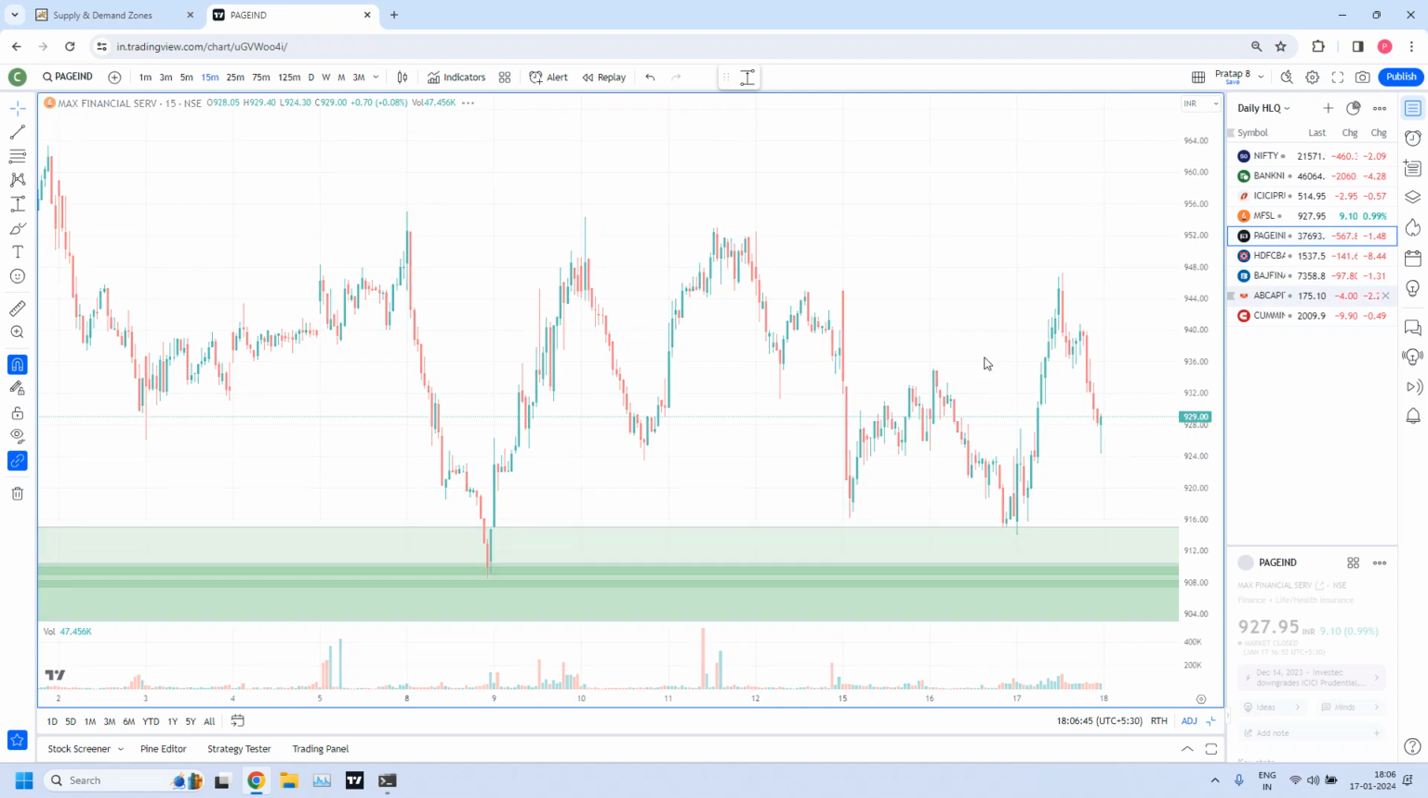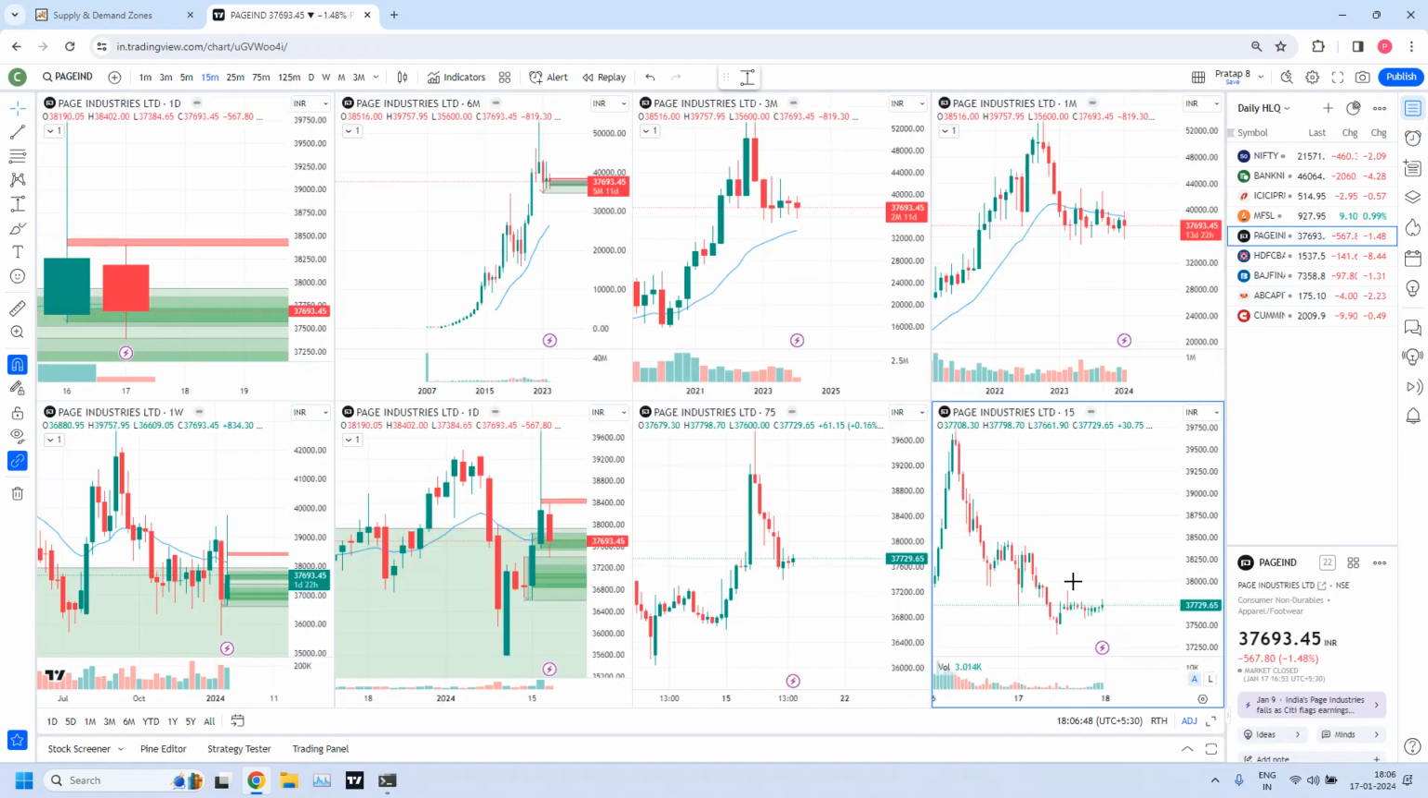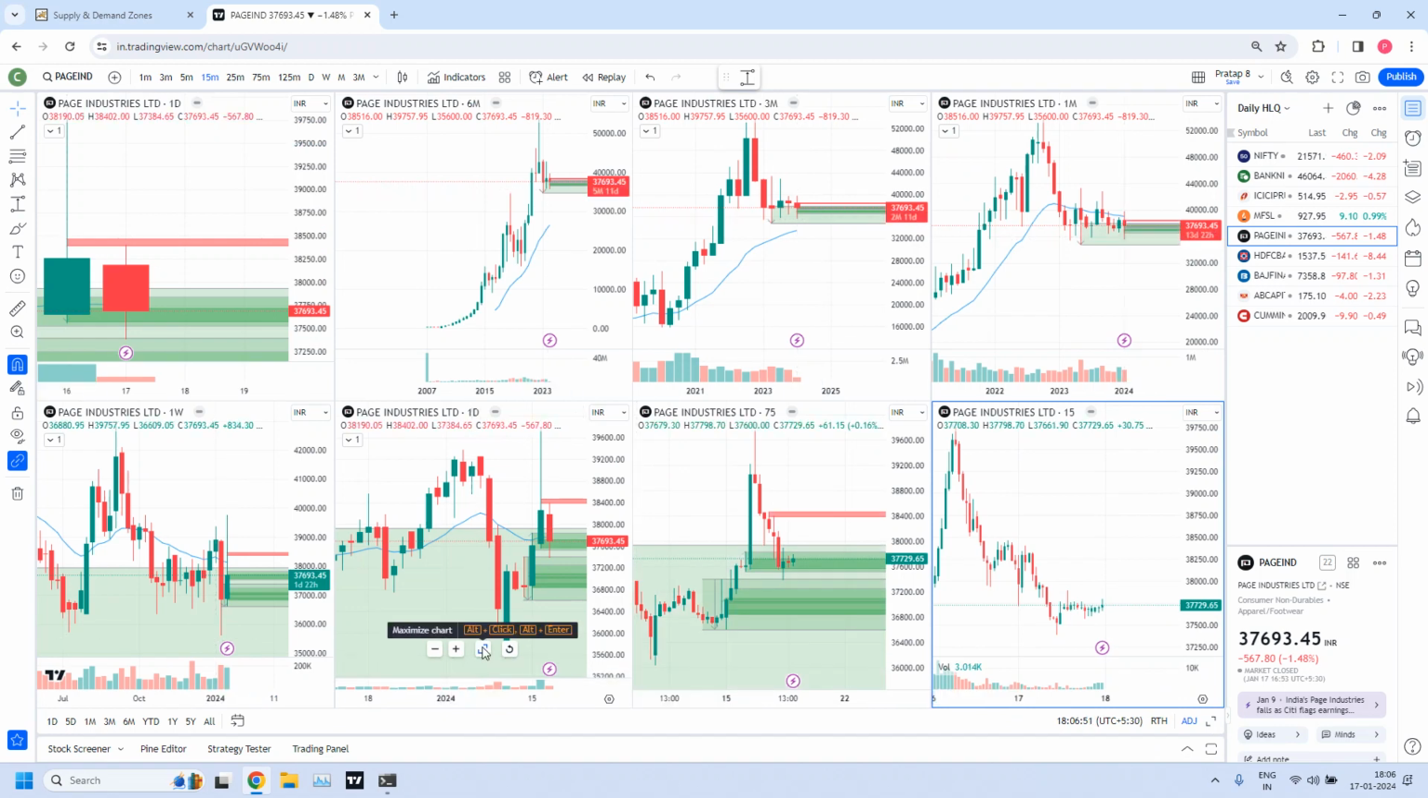Next one is Page Industries. We got a successful trade today. Even though the zone is violated, before the violation itself, I posted in our Telegram channel when the prices reached the target. So this is a